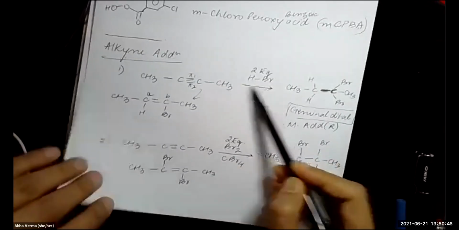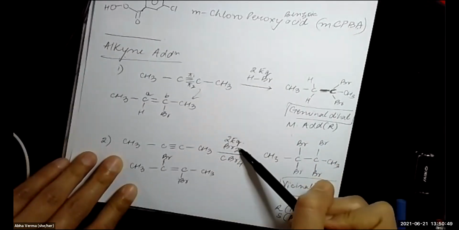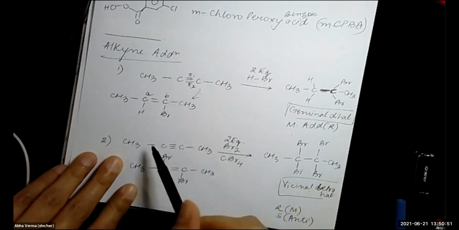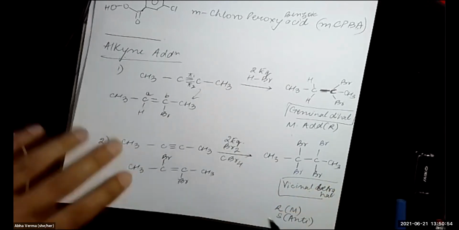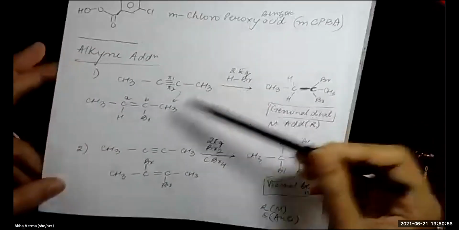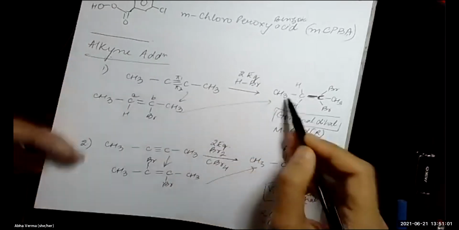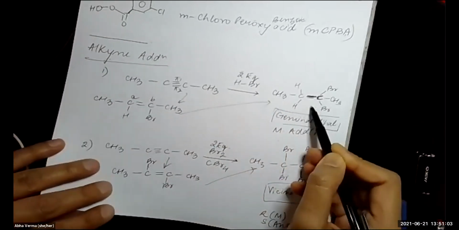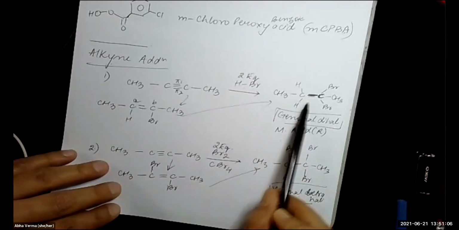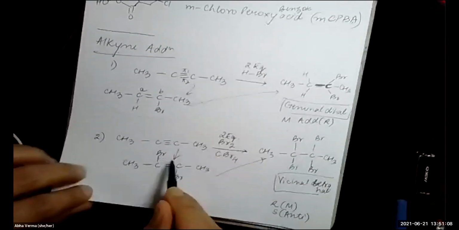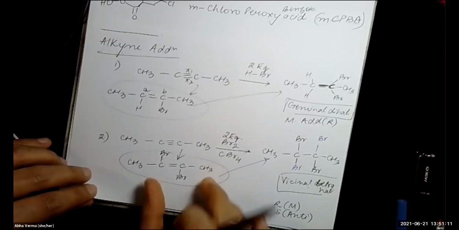So this is what your binary polar reagents would look like. This is what your halogenation across the alkynes will look like. So very similar. So this will be your first product and this will be your final product. This is what you should show when I ask you what is the product of this reaction. This is an intermediate that you should know will form. Very quickly, let's look at